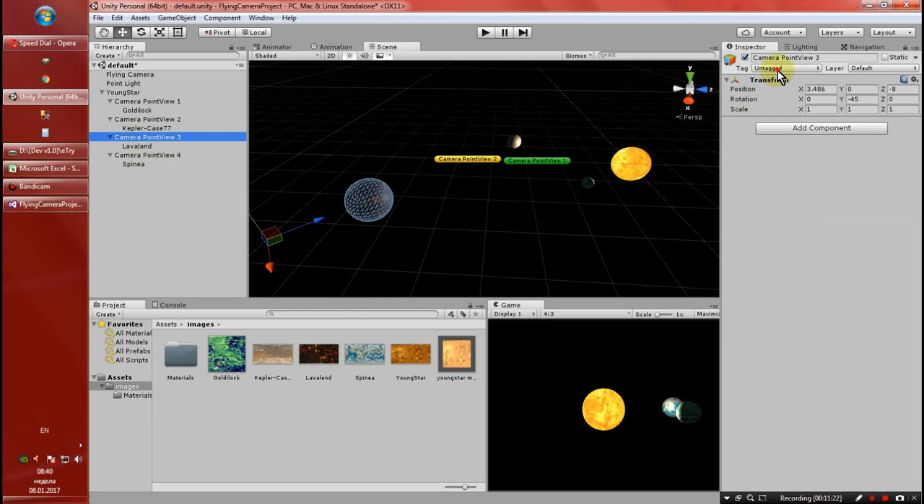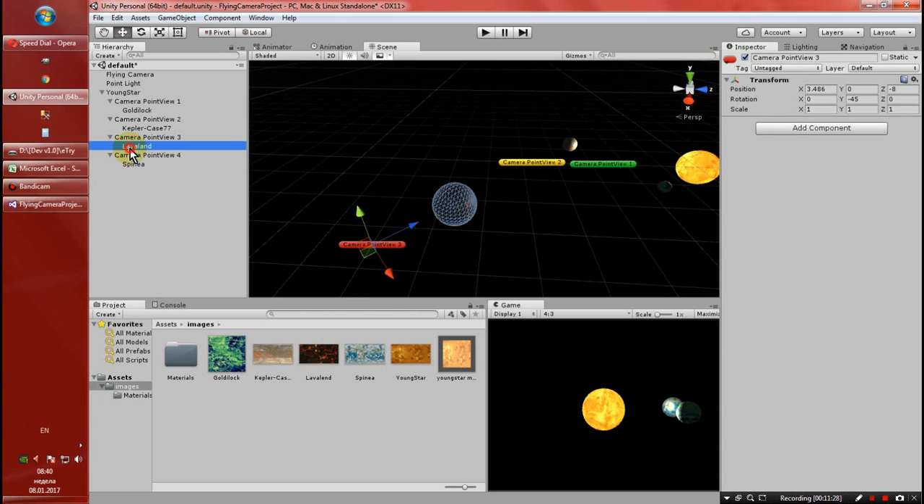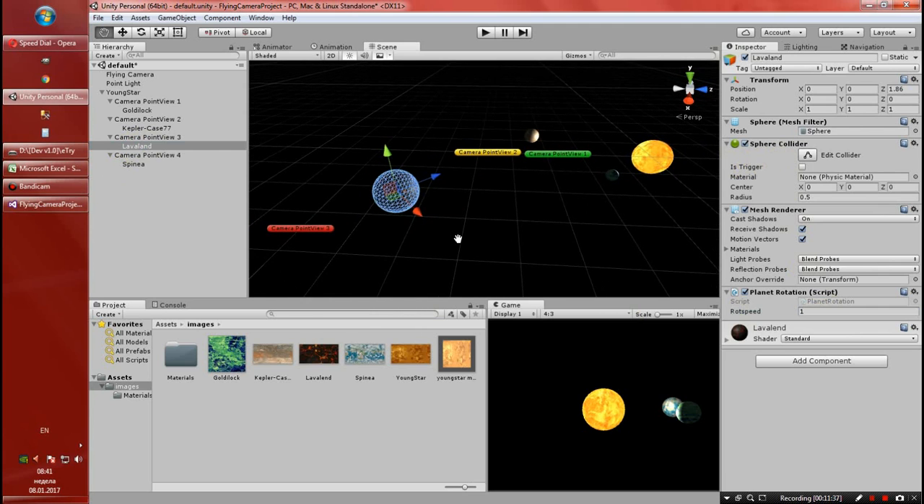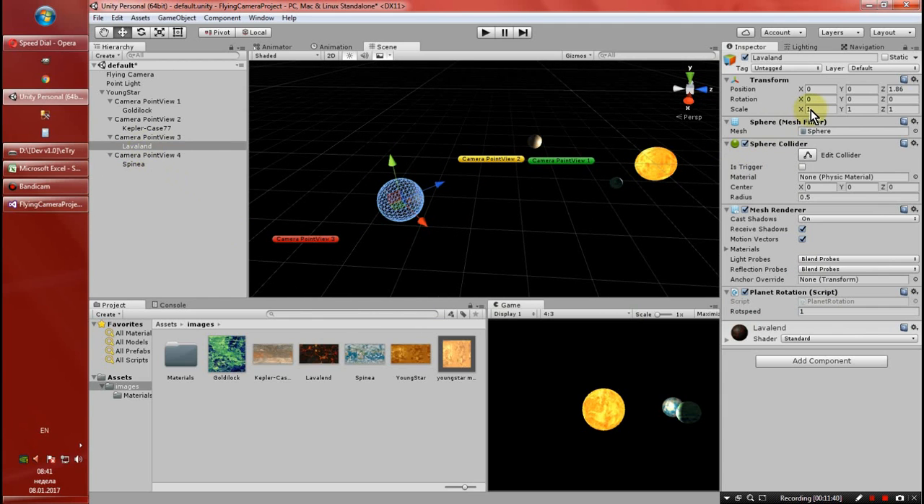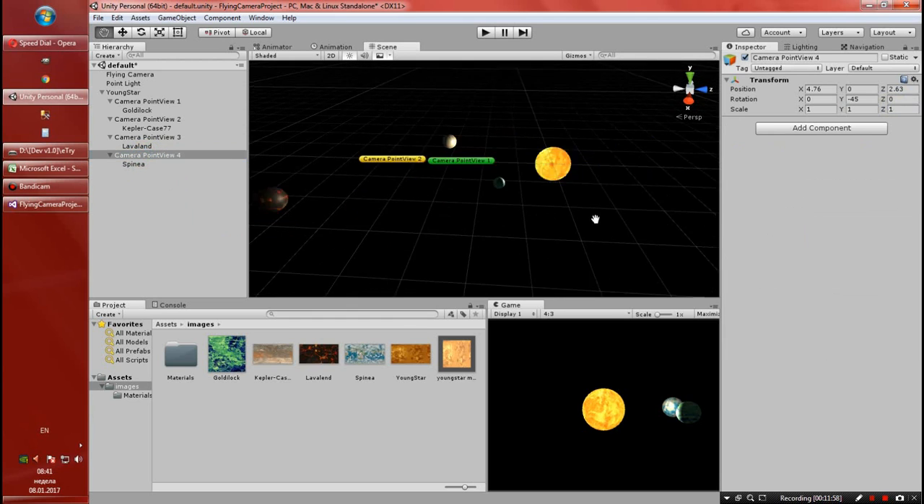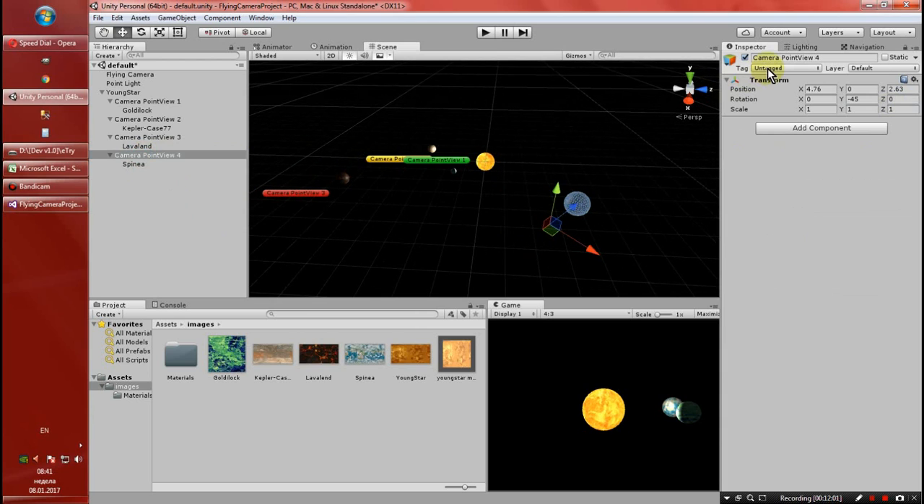Camera point 3 is the red one, and this is gonna rotate very slow in comparison with others, and the size of this is gonna be 0.6. I'm just randomly choosing this, it can be anything. Alright, and camera point 4, it's gonna have the blue one,